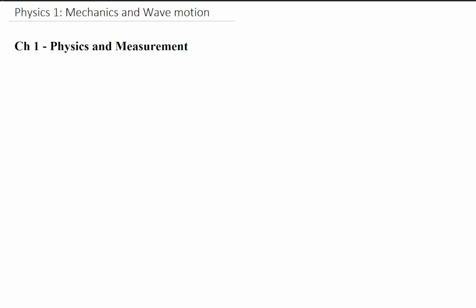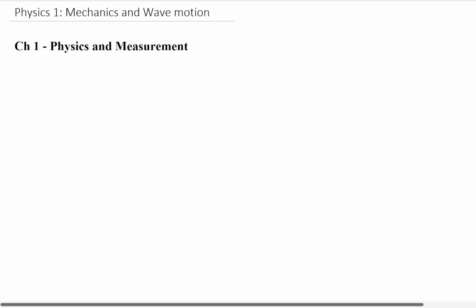Hello everyone. In this video, we are going to dive into physics and measurements. Topics that we are going to focus on are units and dimensions. So let's begin. In mechanics, there are three fundamental quantities: